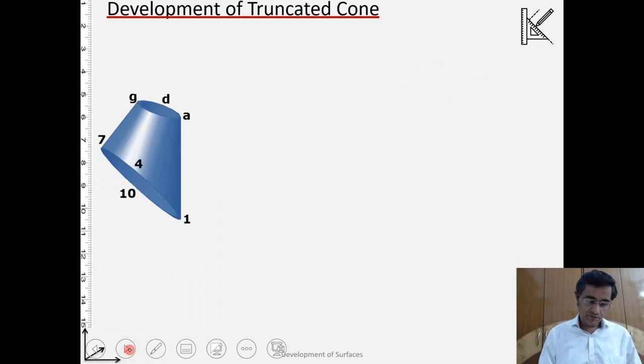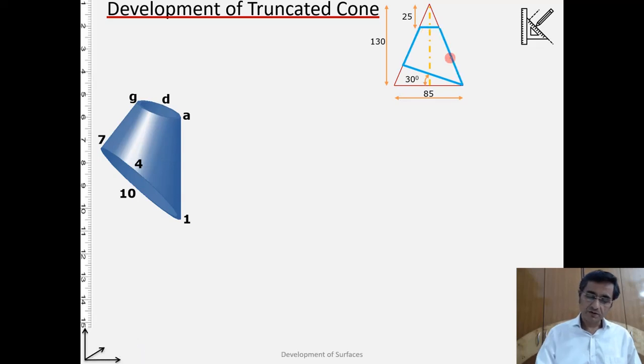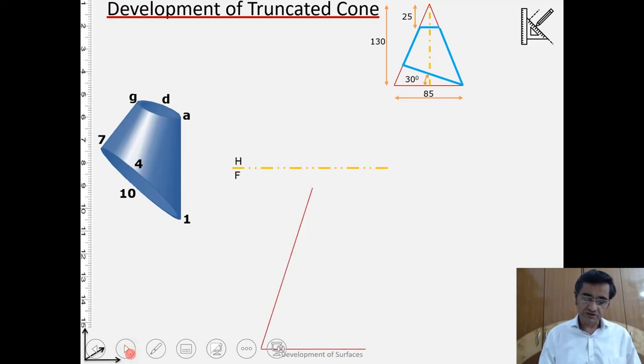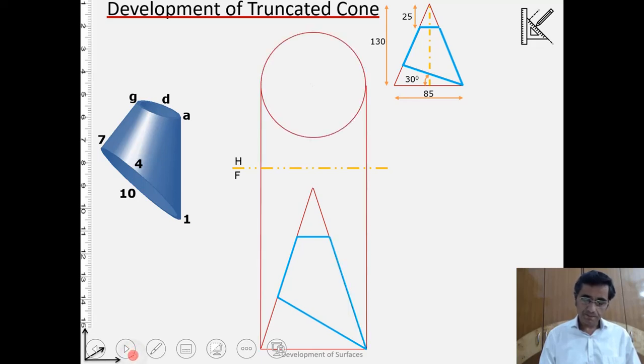And for this cone, now we have another view of the same thing. So that's the part which is available with me. And if we draw the horizontal and frontal projection of the truncated cone, that is how the projections will appear. Okay, so corresponding to the base curve.